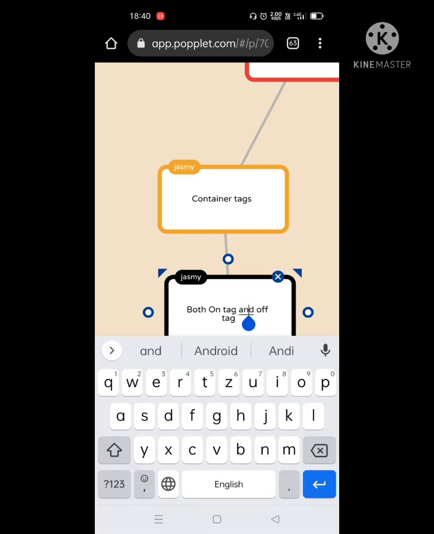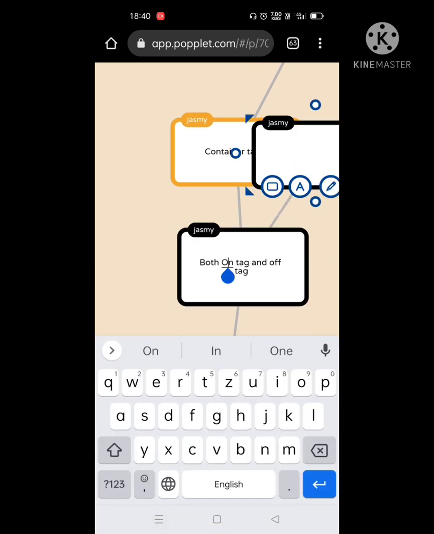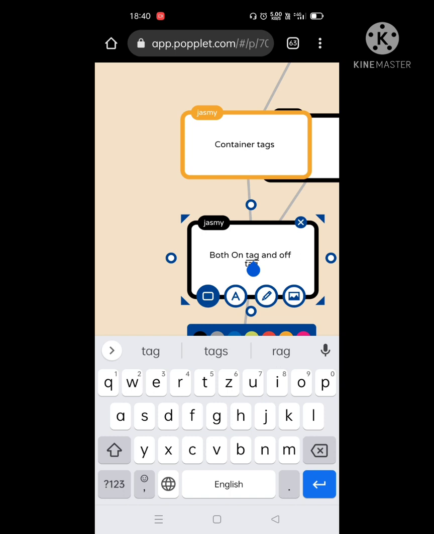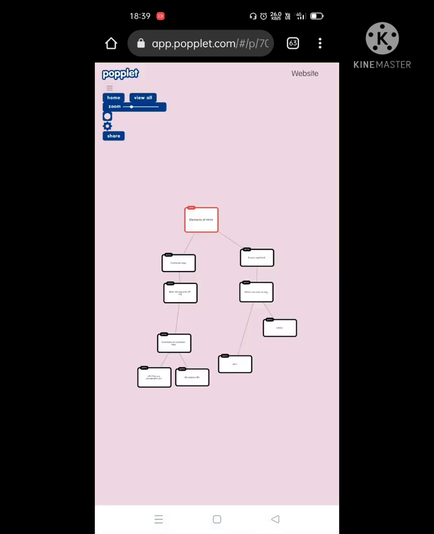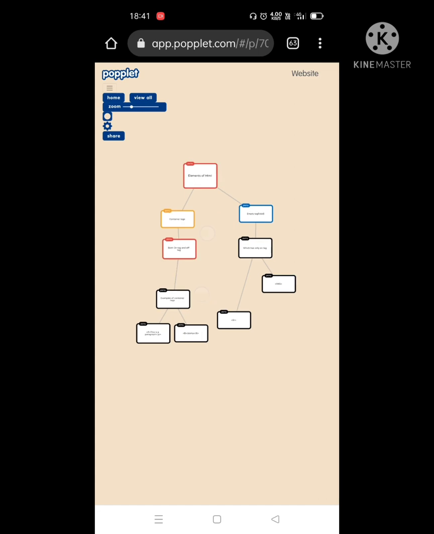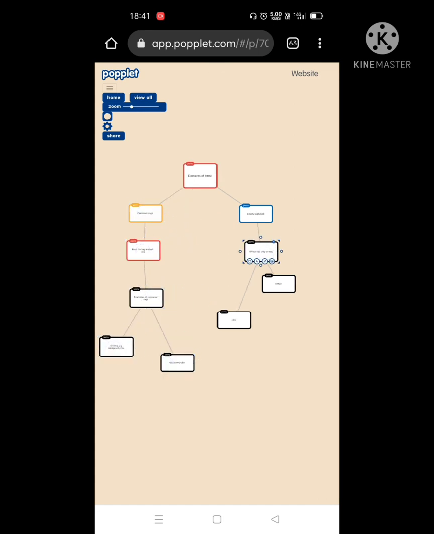See here what I am doing in the Poplet, I am changing the border of each Poplet. Border of each Poplet can be changed. You can also change the background color of the complete screen of the Poplet by clicking on the icon above the settings. See, the background color has been changed. Now at the end I will zoom out and I will adjust all the Poplets.